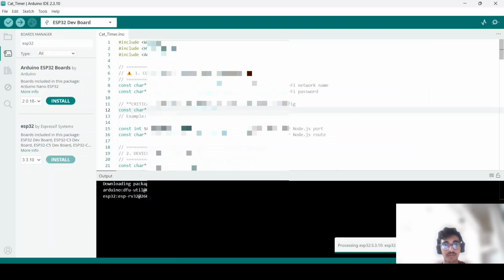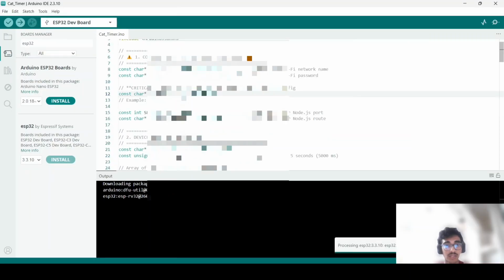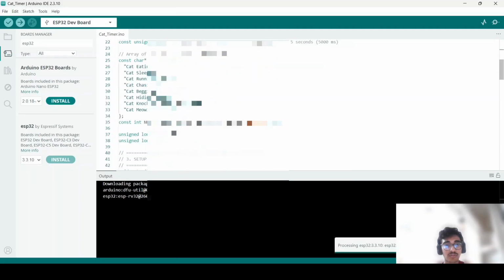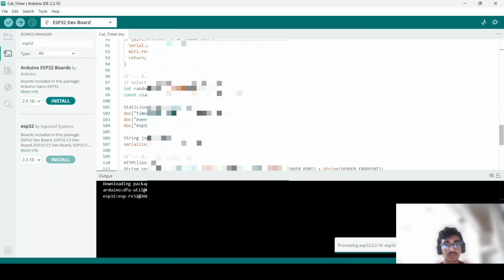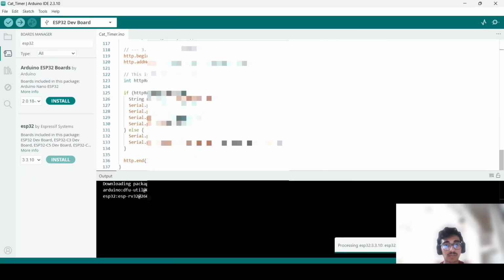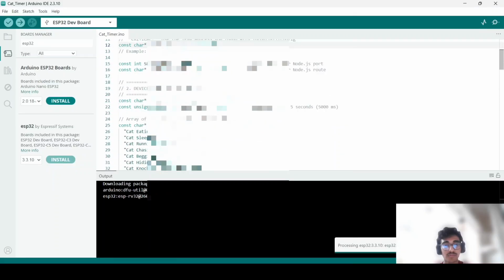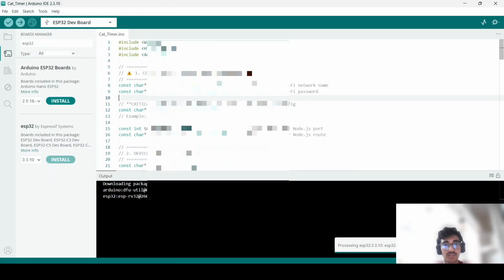Put it here, save, and that's it. You have to do these two things, and once you're done, let me show you. I have this ESP32 here, so I'm going to connect it to my laptop. Go to this thing here,